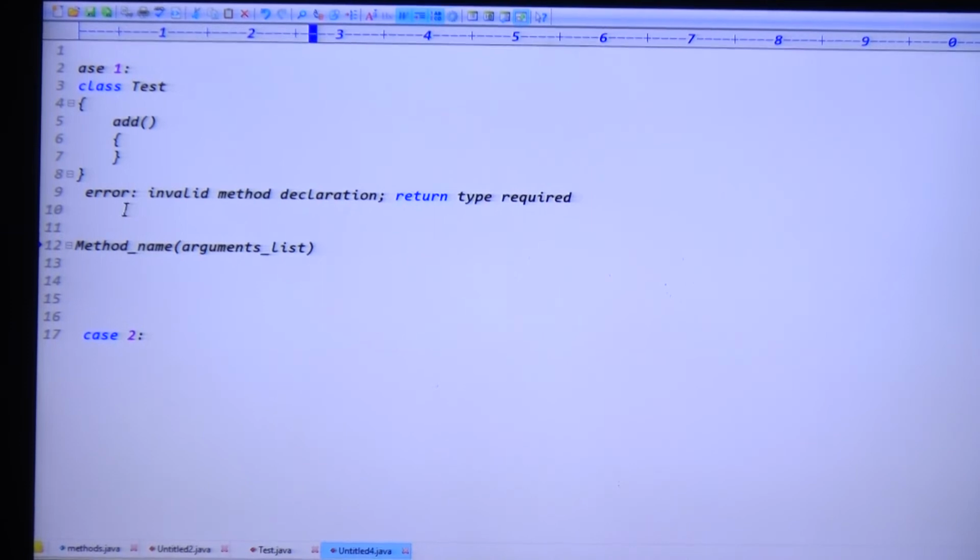We can pass 1 argument, 2 arguments, 3 arguments. So every method contains a method name, which is a functionality name, and expects arguments, like an arguments list. Are you clear now?